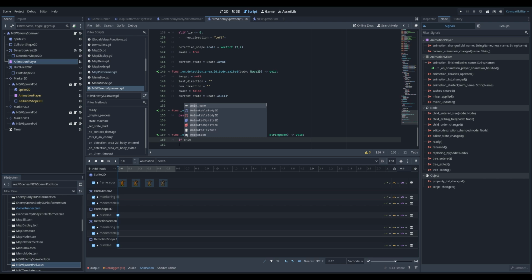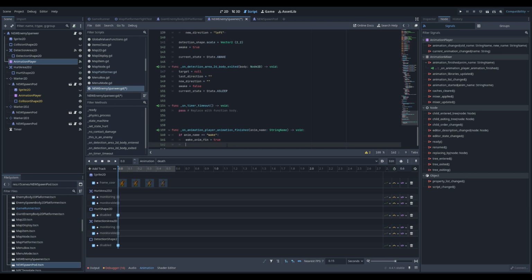If animation name equals wake, then wake animation finished equals true. And this was the signal that says animation finished. So the animation is done, it sends a signal, this is connected. It checks the name of the animation, which is the variable that's sent through this function, and it says true. Or if the animation